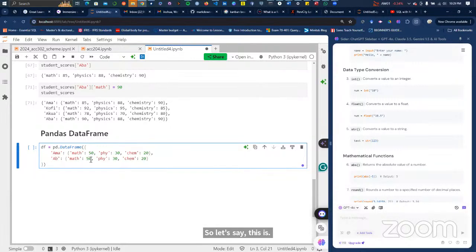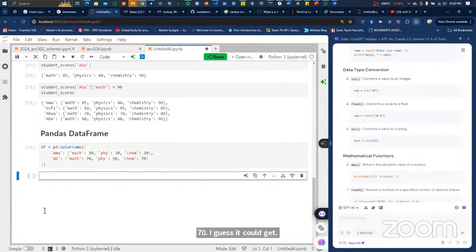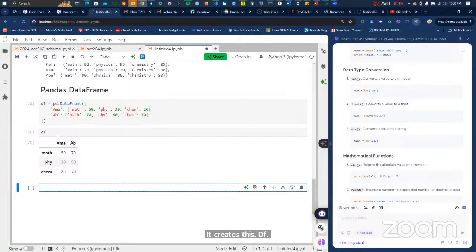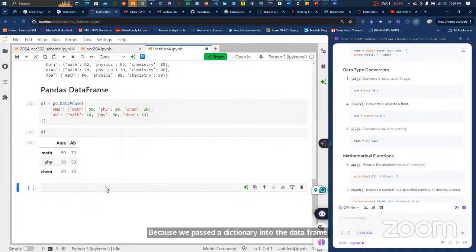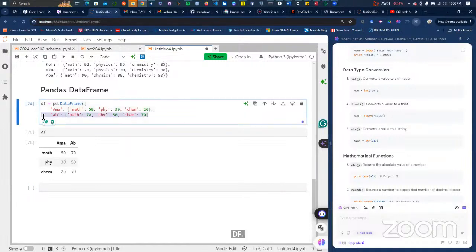And let's just change a few things here. 70, 50, let's say 70. ABBA is a good girl. So now when I run this, it creates this df. When I do df, you'll be able to see the data frame, because we passed the dictionary straight away into the data frame function. But in our case where we have moved sequentially, so we have the dictionary already created, it's just a matter of saying df. So let me collapse the whole of this thing.